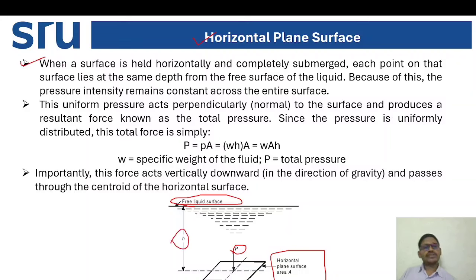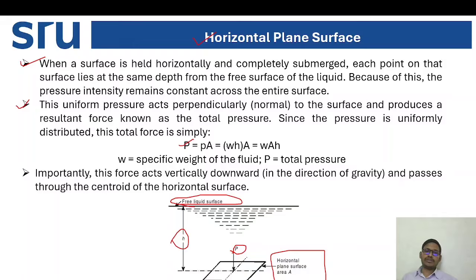So what they are telling is, when a surface is held horizontally and completely submerged, each point on that surface lies at the same depth from the free surface of the liquid. Because of this, the pressure intensity remains constant across the entire surface. And this uniform pressure acts perpendicularly, that is normal to the surface, and produces a resultant force known as total pressure. Since the pressure is uniformly distributed, this total force is simply P equal to p into